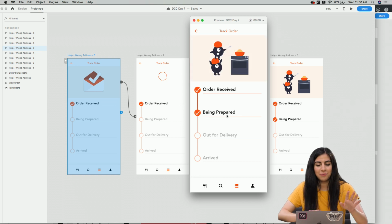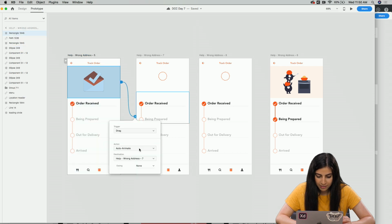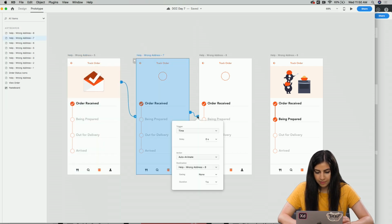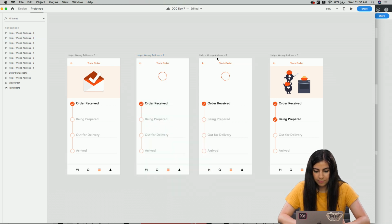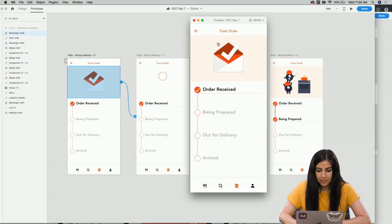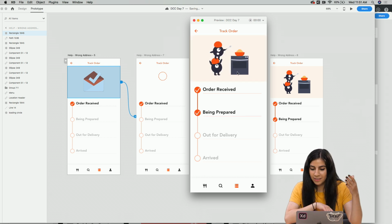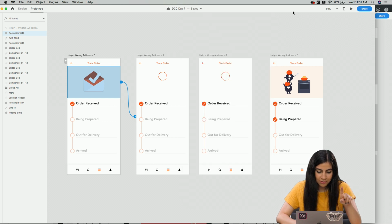Cool, so it kind of works. I might have to mess around with it a little. Maybe I can make the time a little bit longer, maybe like 1.2, and then maybe 1.2 here. So let's try that again. And you can see the circle spinning, and then it kind of looks like you are pulling this down to